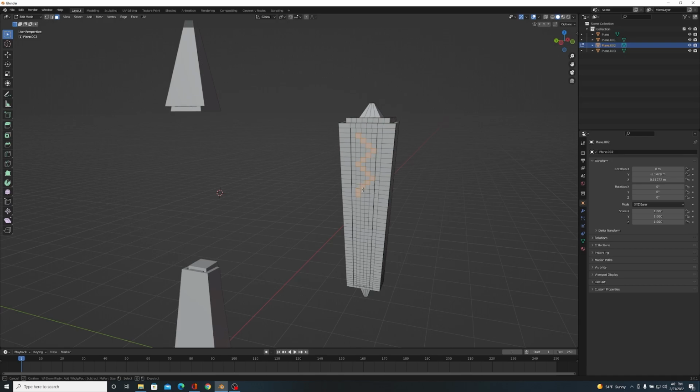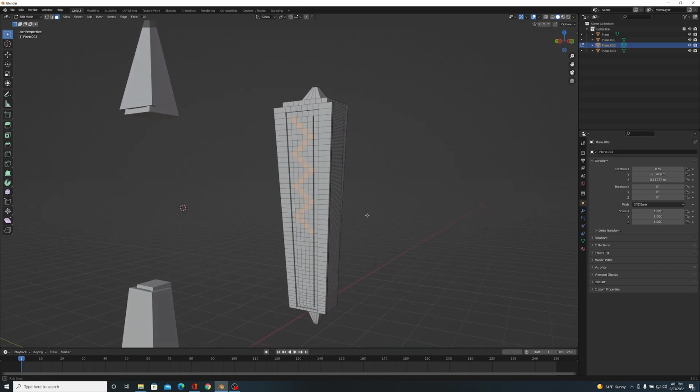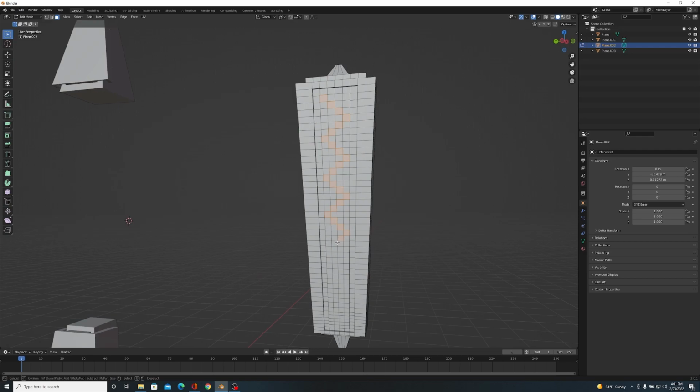You can also, if you want, just press C and then click on each face. So it's left click to select, middle mouse button to deselect, for those of you who have not messed around too much with the selection system. But yeah, so we're just going to select it in kind of a zigzag pattern here. Nothing too crazy.